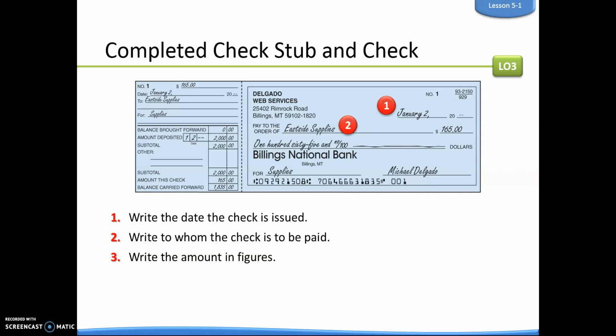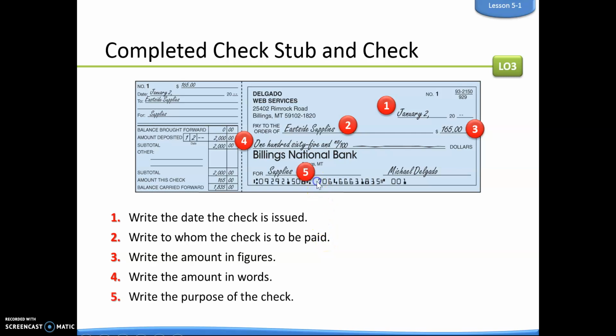We write the amount in figures, which is $165. That goes over here, in the numerical place. And then we also have the place where we write it in words. So we have to write out 165 and no 100. No 100 means no cents. When you do this in MindTap, it is kind of finicky, and we'll talk about that when we do our work together. If you have questions, you can always ask to see the key to make sure that you're writing things correctly. And then lastly, we have the purpose of the check, and then